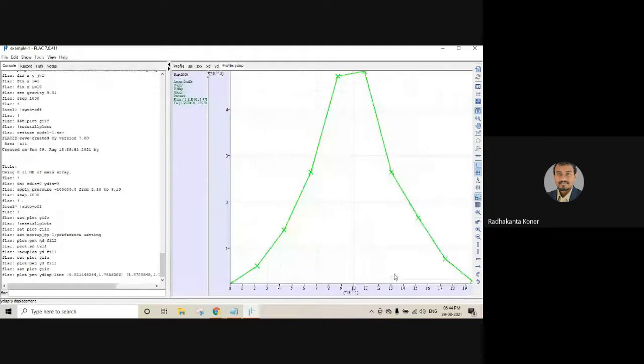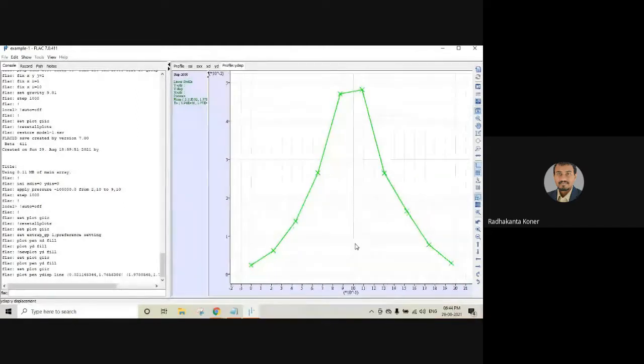Y displacement, right. You see, we have got a very nice graph, because at both ends it is more or less 0, and it goes to a peak at the middle and again reduces. So, the concentrated load is applied, distributed load is applied from the middle. So this is pretty much matching with our consideration that we have applied. So this kind of analysis